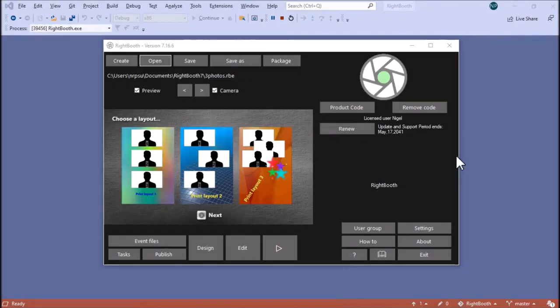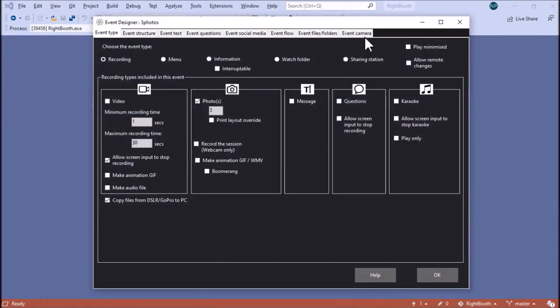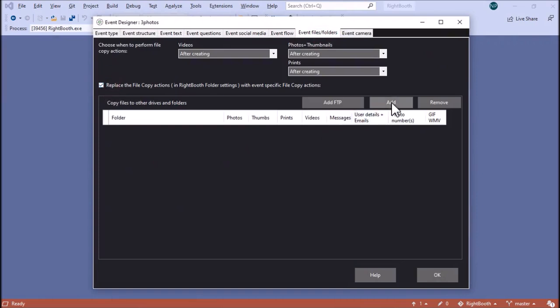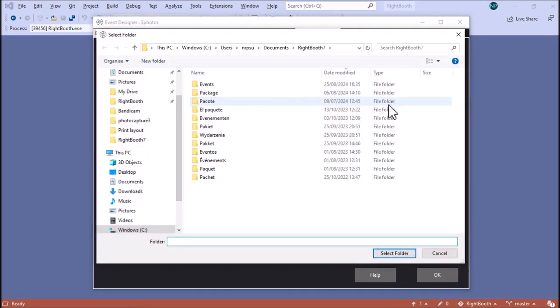We now need to add a file copy action to copy the print layouts from this event into the local web server folder. So we do that in the designer. We have event, files and folders. I want to tick this option here and add a file copy action to copy files into